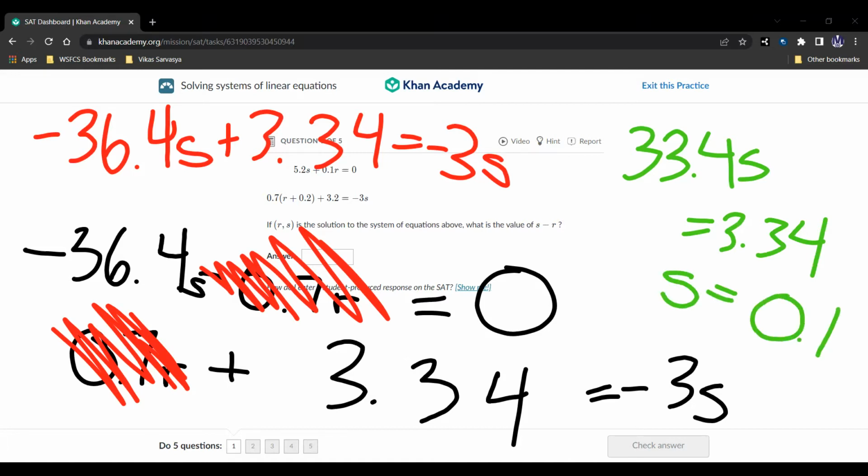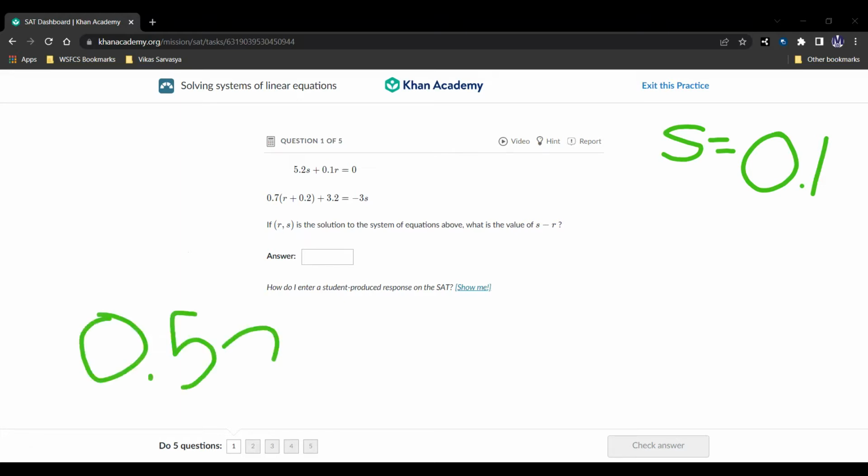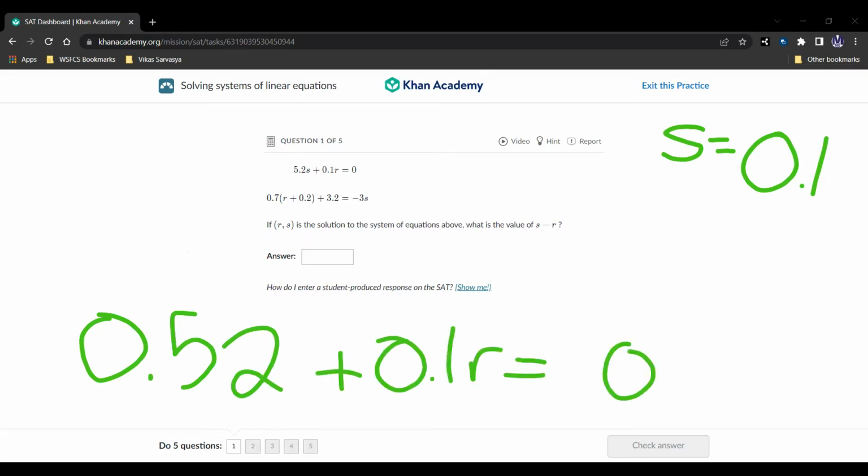All right. Then we can plug that back into here, and we get that 0.52 plus 0.1r equals 0. So that means that r is going to be negative 5.2. Negative 5.2. Then when we add up r and s,